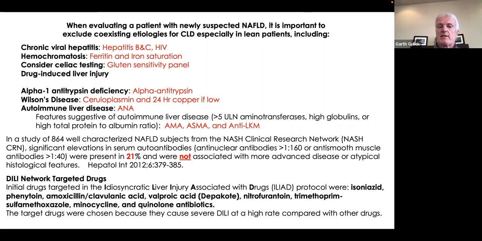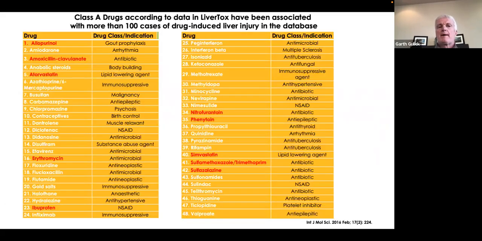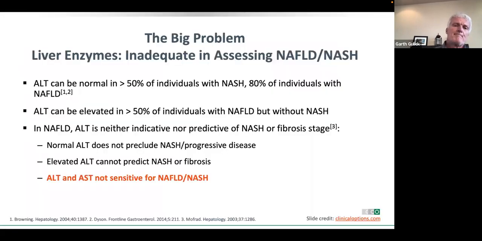And then again, the next slide, we're going to talk about some drugs again. The ones in red are the most associated with hepatitis and have been listed over 100 times in the drug injury database. And these are things we see: sulfasalazine, for instance, statins, ibuprofen. So always double check your patient's medication list that you know of and ask them what they're not telling you they're taking. But the biggest problem with